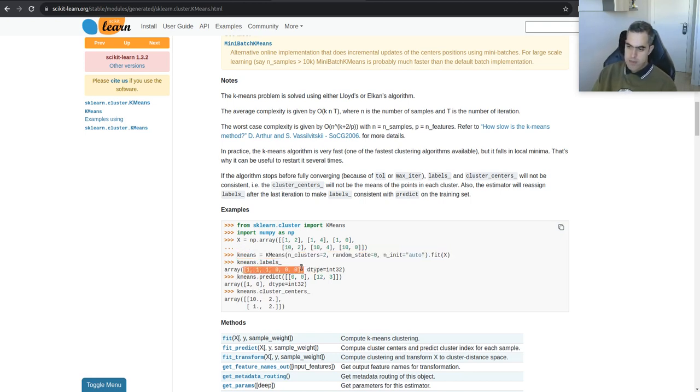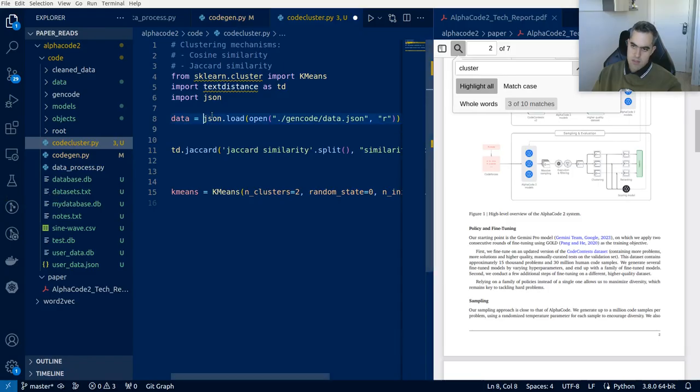If we ask for the labels, it's gonna give us the labels. We can give it the number of clusters, and basically it's gonna tell us, hey, these first three values are in the first cluster, these next three are in the second. So we need a way of getting the different codes from a cluster, right? So let's do something like